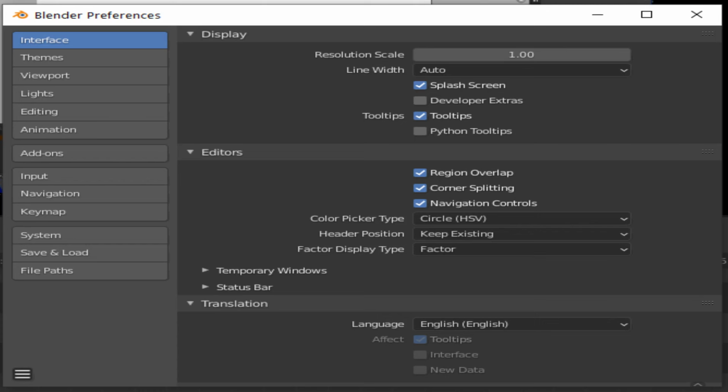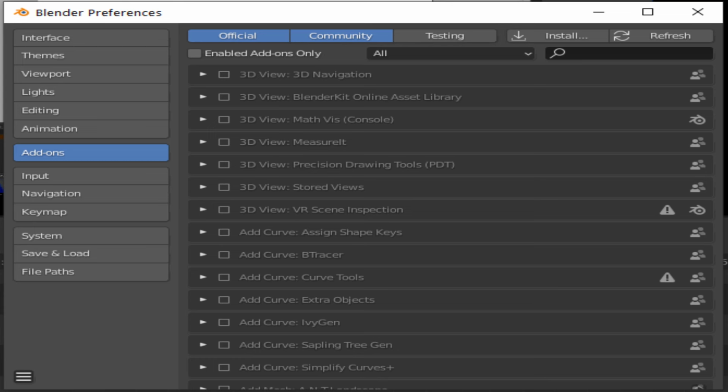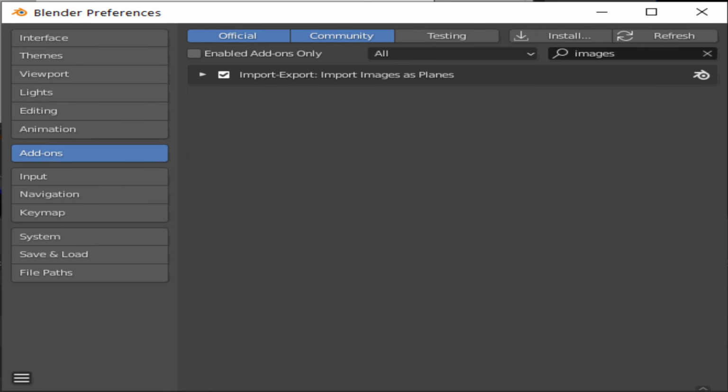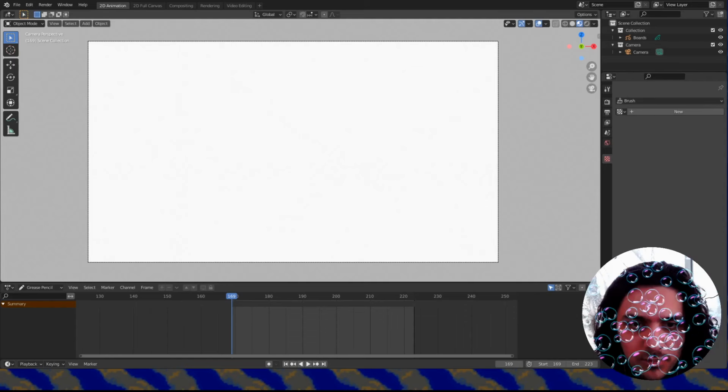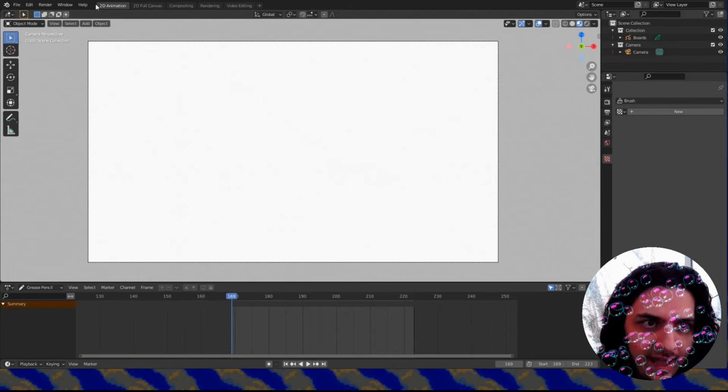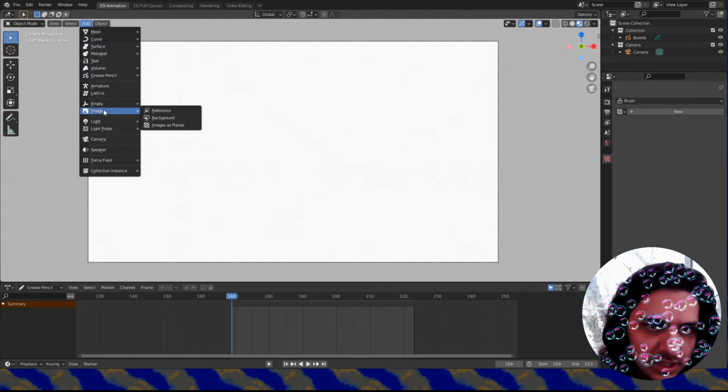You just want to look on this sidebar on the preferences, and then you come down here to add-ons, and then there's a little search button, a little magnifying glass, and you're just going to search for images, and then you should see import, export, import images as planes. Okay, and all you need to do is click the checkbox to make sure that that is enabled. Good, now you can X out of the preferences, and in the 3D viewport, go Add, Image, Images